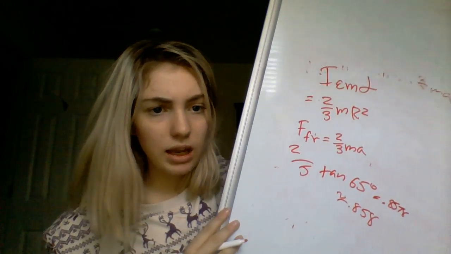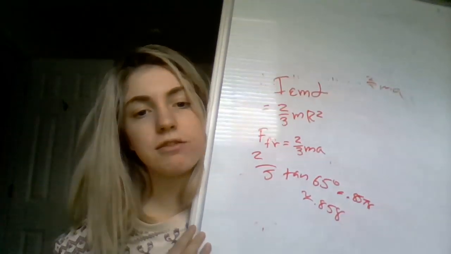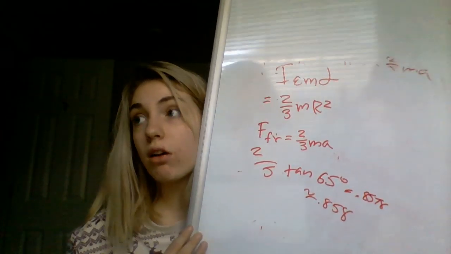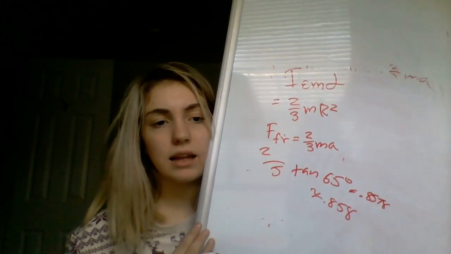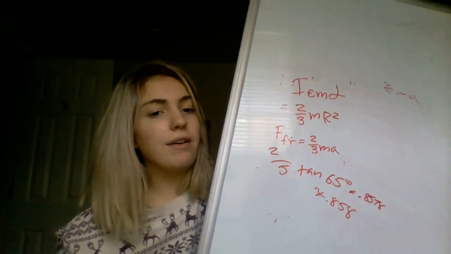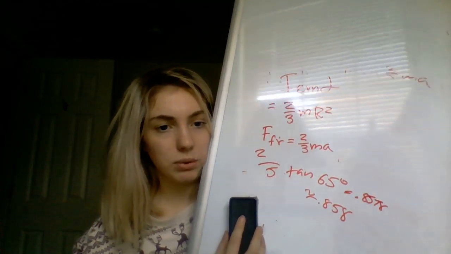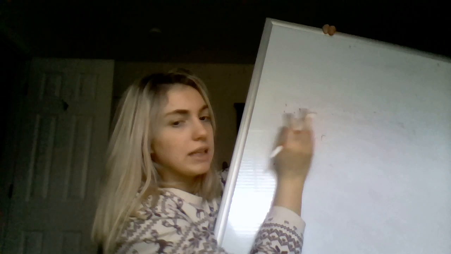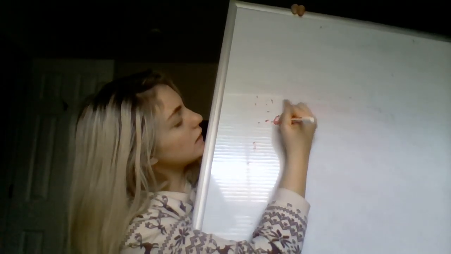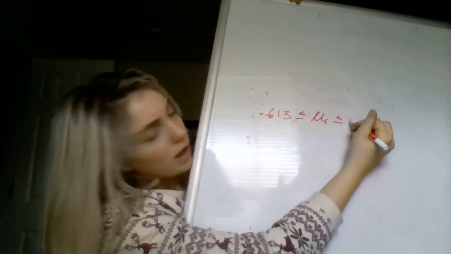which is about 0.858. And then just to compare the static coefficient of friction found in part A for a solid sphere versus the value found in part B for a hollow sphere, remember that the solid one is 0.613 and the hollow is 0.858. So we get that the range where it will not slip is 0.613 less than or equal to mu,